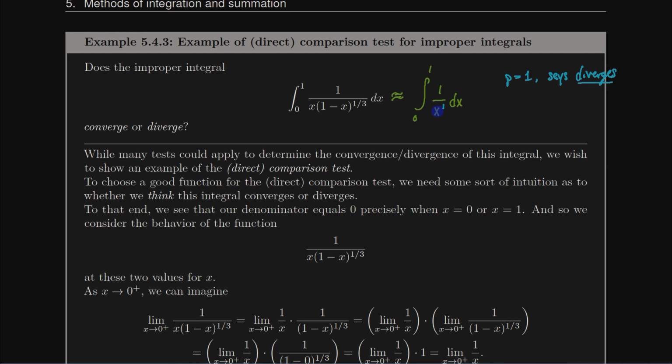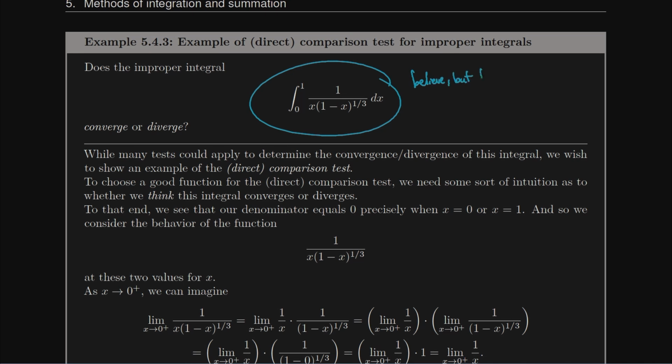And so now that I have some intuition that I think my integral diverges, I can actually start to decide how to use a comparison test. What sort of function should I compare to something I believe is diverging? Well, if I believe this is diverging, believe, but haven't proven this diverges, let's try to find something smaller than it which does diverge, right? If I can find an integral that's smaller than my integral, which also diverges, then it's going to force the integral I'm staring at to reach infinity.